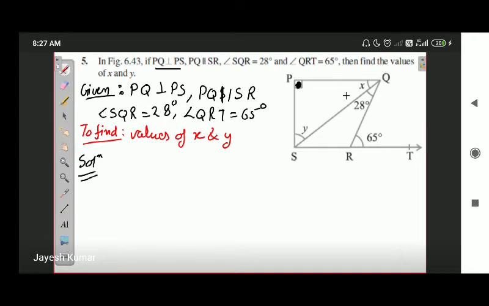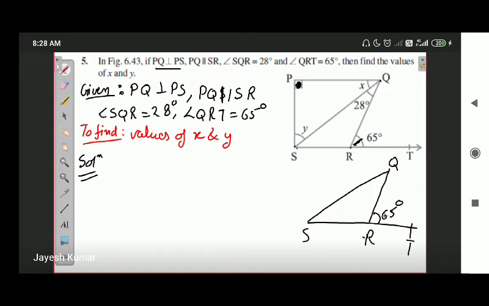So what we will do is we will focus on the smaller part of the quadrilateral, QSR. In triangle QSR, if I consider the angle 65 degree, the diagram, if I break it down, is going to be like this. This is 65 degree. Okay, this point is Q, this point is T, this is R, this is S. So once again, as you can see in this diagram clearly, this is the angle sum property. Exterior angle theorem. Angle QRT is the exterior angle to triangle QSR.